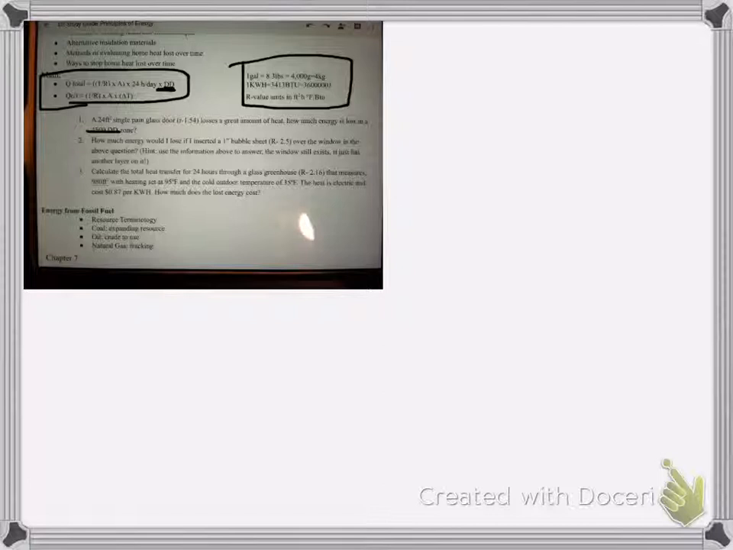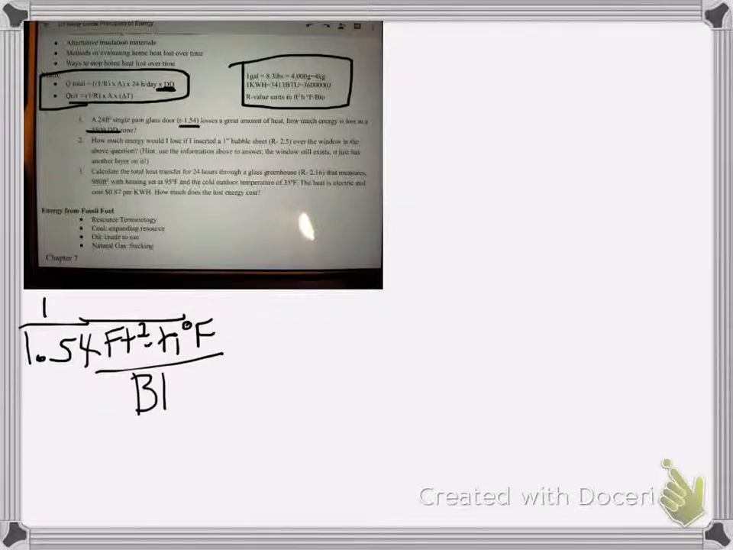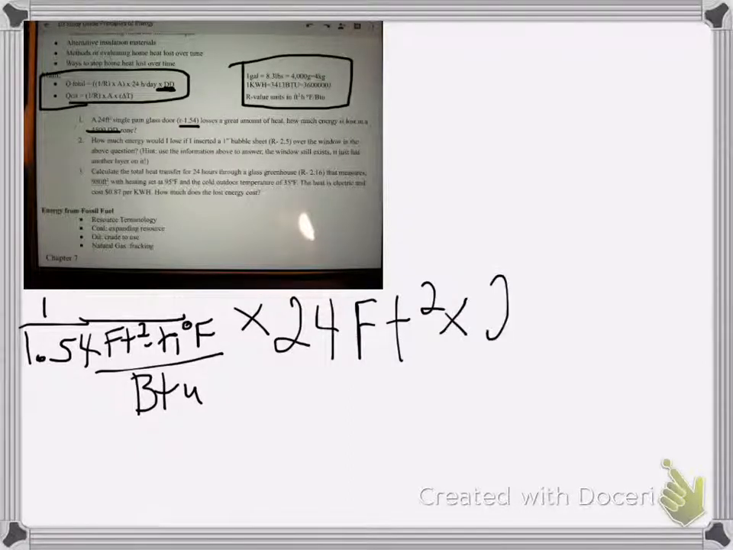So the 1 over the R value is right there. I'm going to do 1 divided by 1.54, and that's in the unit of R value, which is feet squared, hours, degrees Fahrenheit, all over BTUs. Then I'm going to do it times my area, which is 24 feet squared, and this is all times the 24 hours in a day,